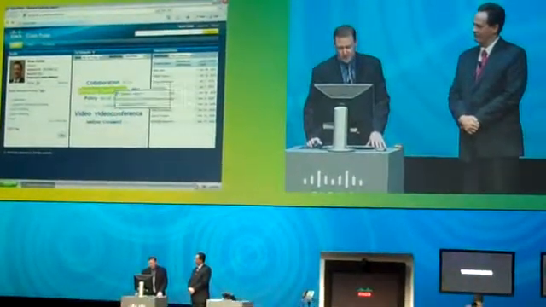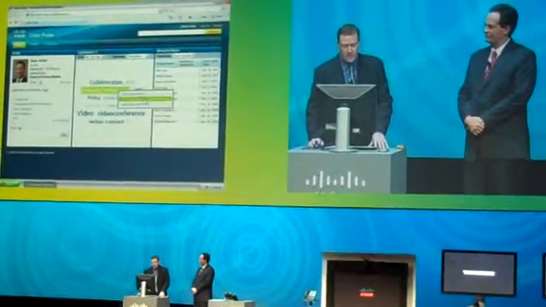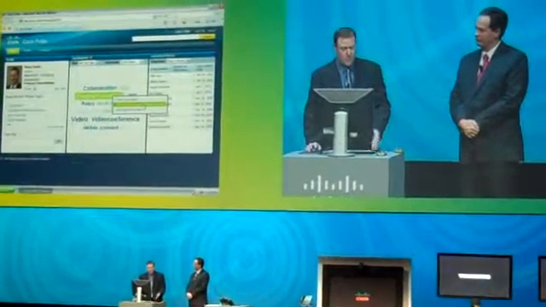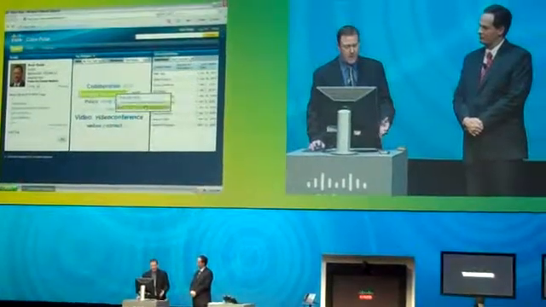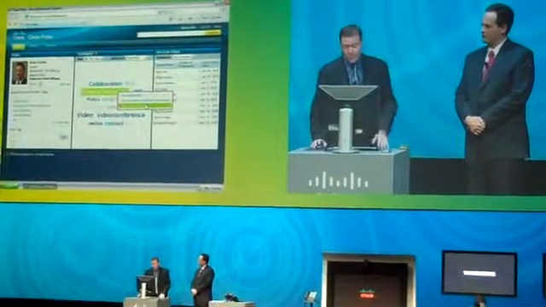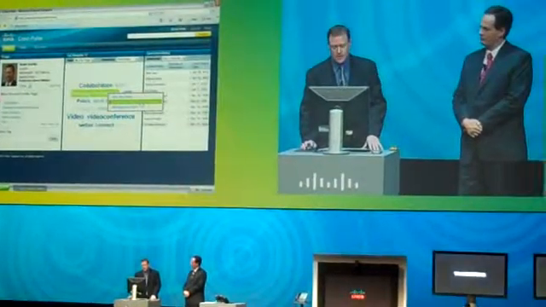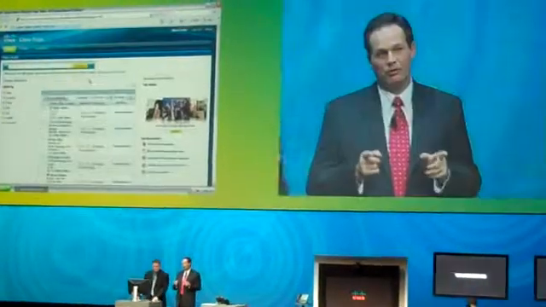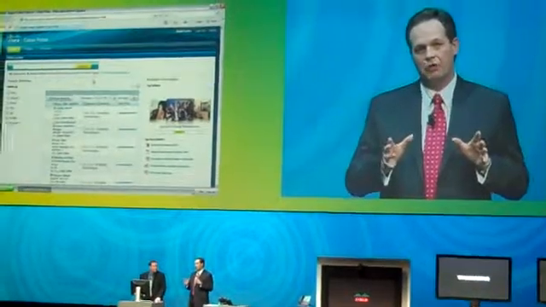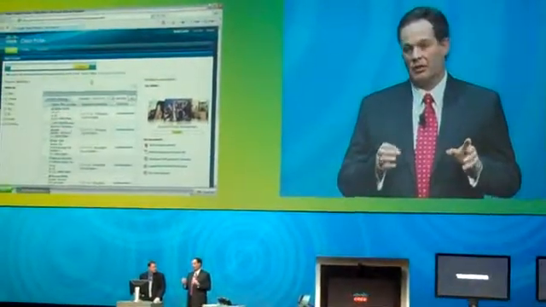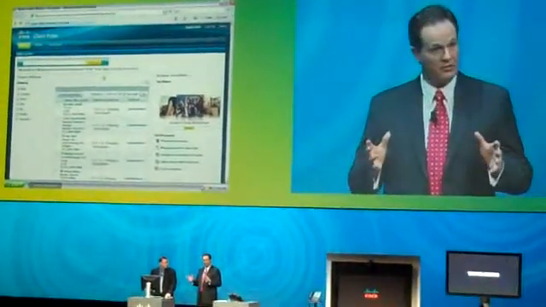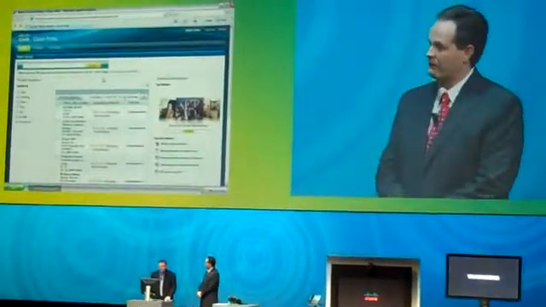Why don't I go ahead and select that, and if I right-click, I can drill down for further information. I can view the tag details. I can add this tag to my own personal profile if I wish. In this case, I want to find expertise and related information on this topic. So now you can see why we call it Cisco Pulse. It truly gives you a pulse of the organization, or a pulse of what the collaboration is all about going across the network. Right. That's right.